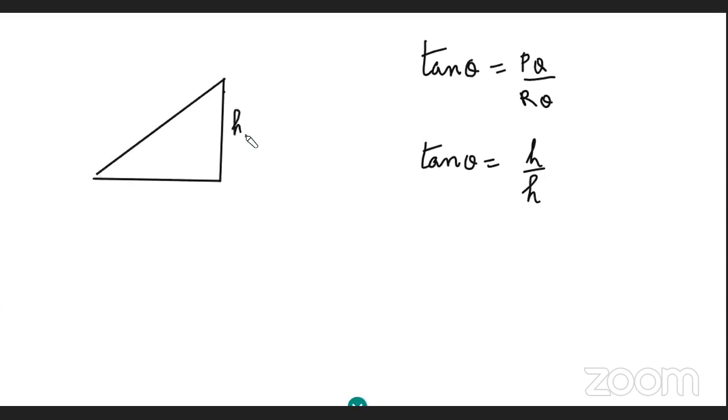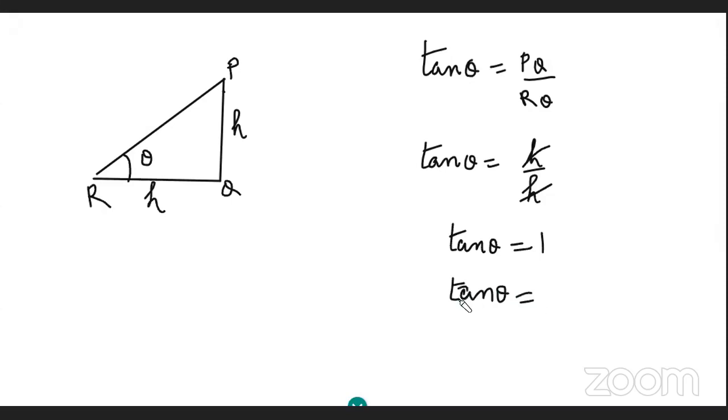So you tell me, which angle of tan is 1? 45 degrees, right? So what we'll write here: tan theta equals 1. Should I put 45 instead of 1, or should I say tan theta equals tan 45? Which is the right way of writing? Tan theta is equal to tan 45. So tan and tan go off, theta equals 45.